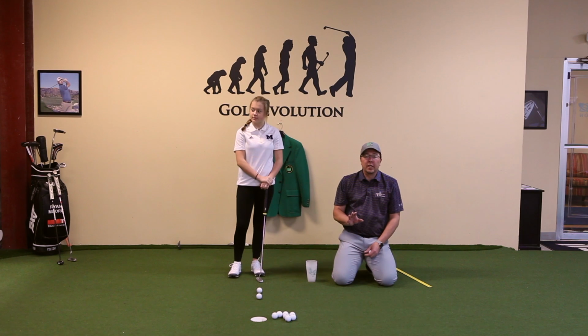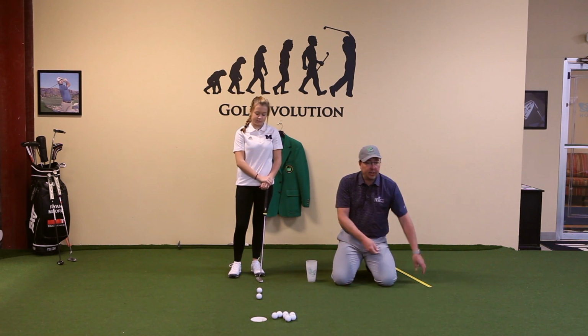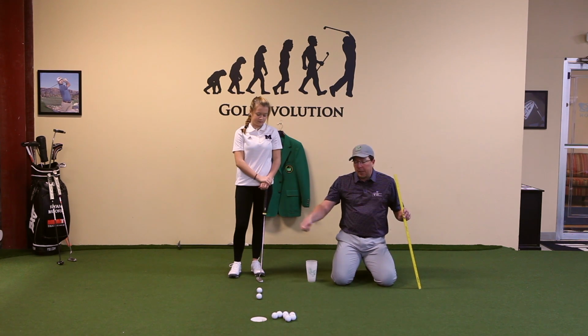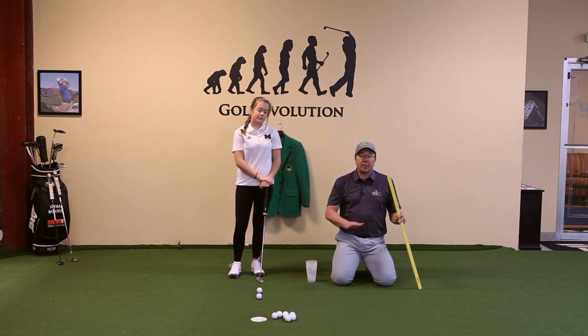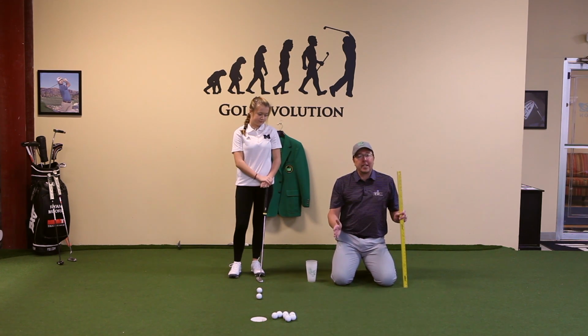One thing as you do this, try not to steer the putter. Try not to steer the ball down the yardstick. Try not to steer the putter through the gate. Try to make your natural stroke. And if you find that you're pushing the ball or pulling the ball a lot, make a correction then, but